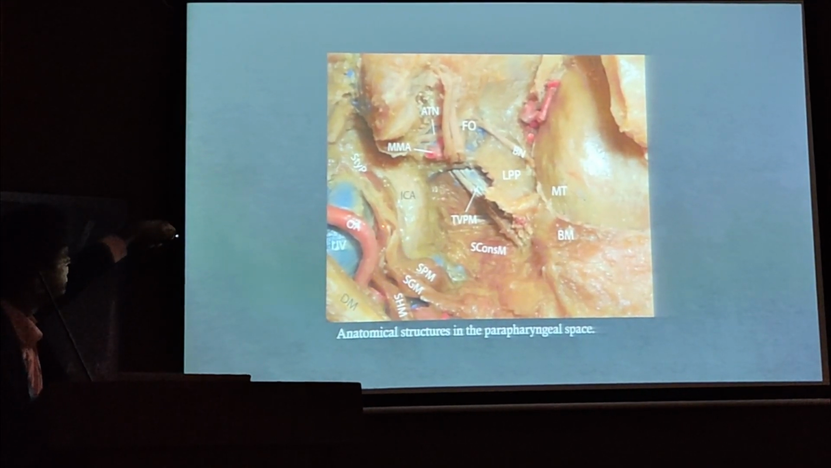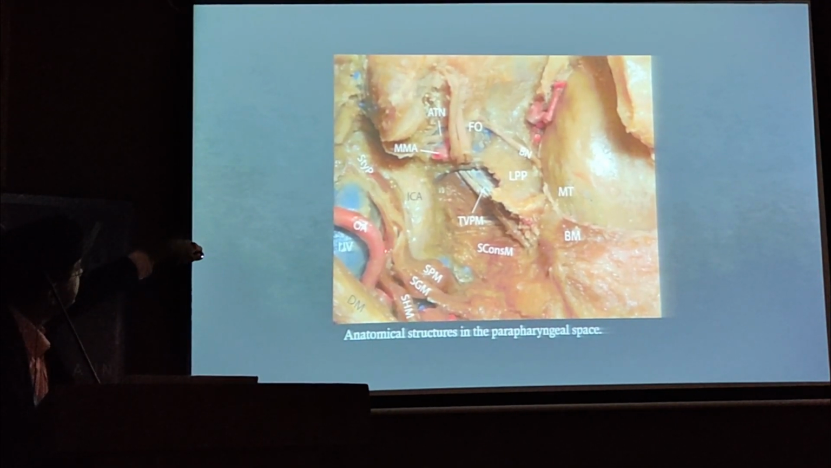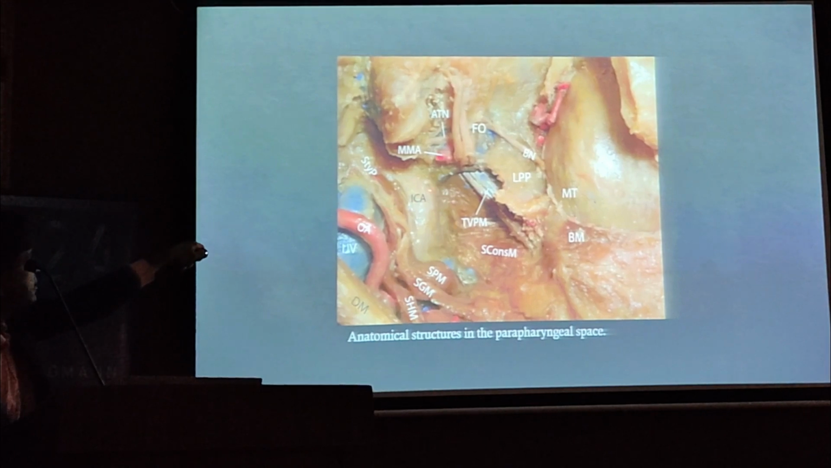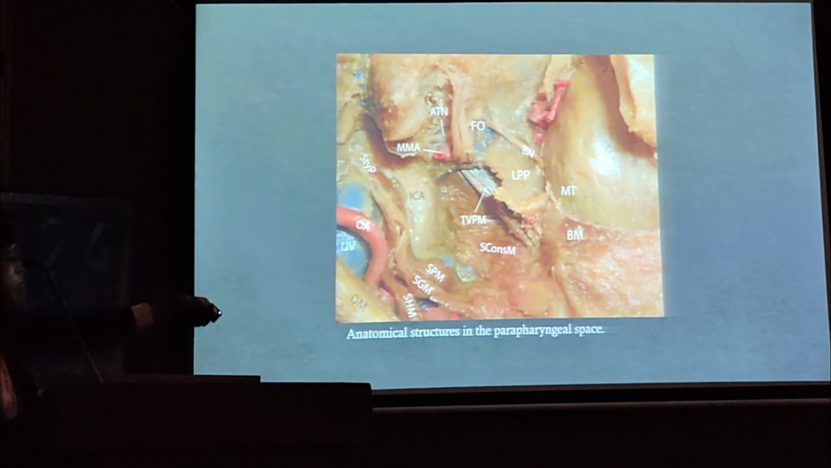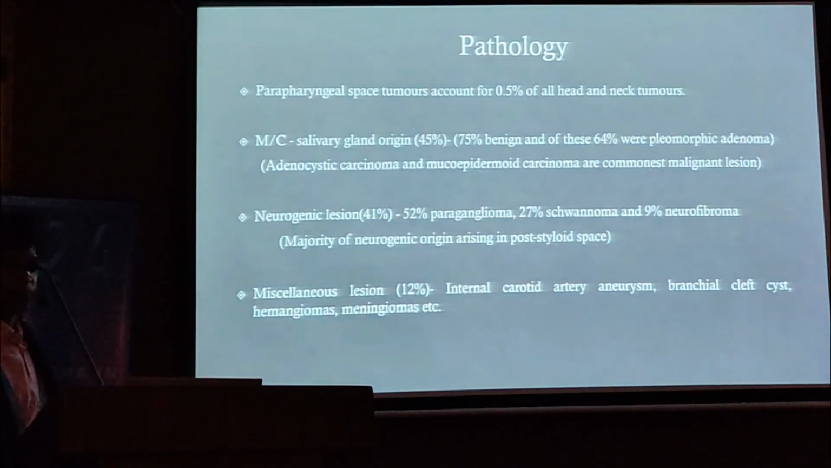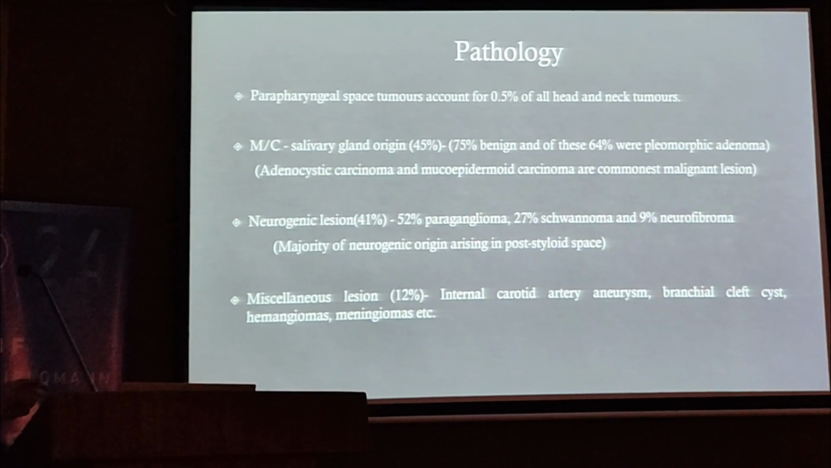So any lesion which is posterolateral to it is post-styloid, which has got all those vessels, and which is medial to it is the muscular space. And tensor veli palatini also makes its medial boundary there from here. So pathologies, you know, most of these tumors